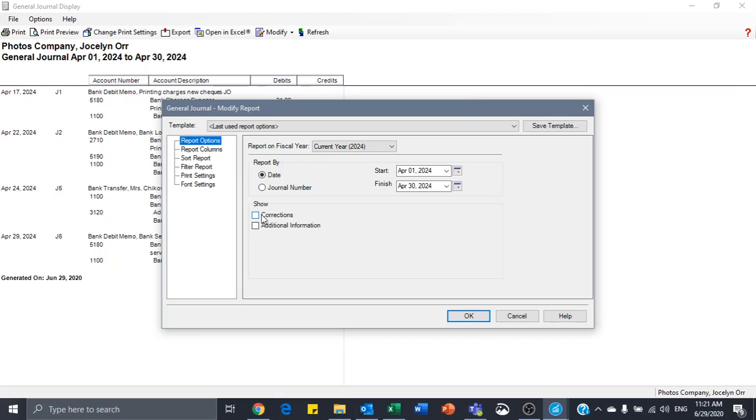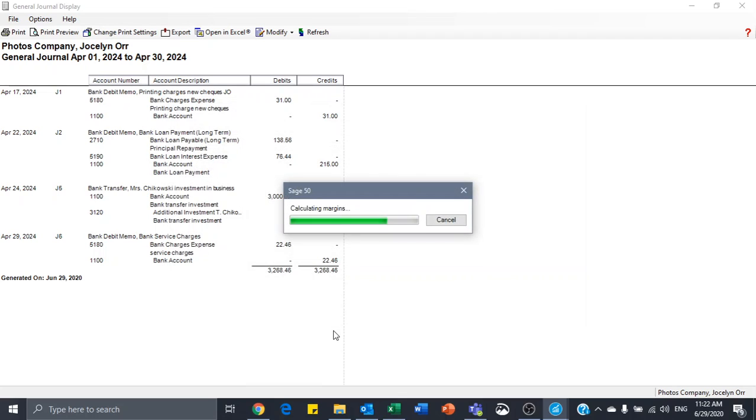But what we do want is to check off the boxes to show our corrections and show our additional information. So remember, throughout the chapter, we went in and recorded some extra notes under additional information. We want that to be shown on our general journal entries. So when I hit OK,